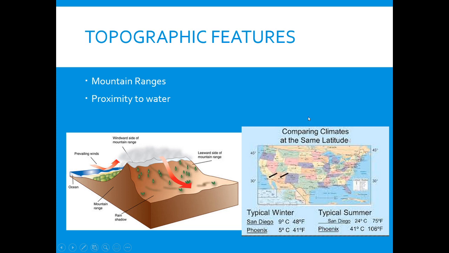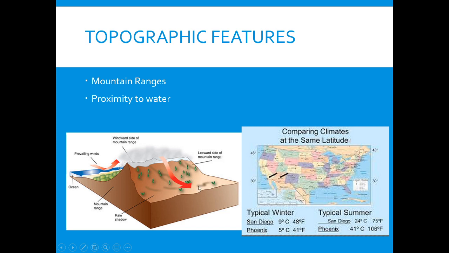Topographic features also affect a lot of this. For example, a mountain range or how close you are to water. This is a great diagram to kind of show you what is known as the rain shadow effect. Essentially, the rain shadow effect shows that the water is going to come in from the prevailing winds, typically from the ocean. The water is coming in clouds, but because that cloud has to make it over the mountain, typically as it tries to go over the mountain due to the wind, most of the precipitation falls before it makes it over the mountain. So on the leeward side of the mountain range, we get what is known as the rain